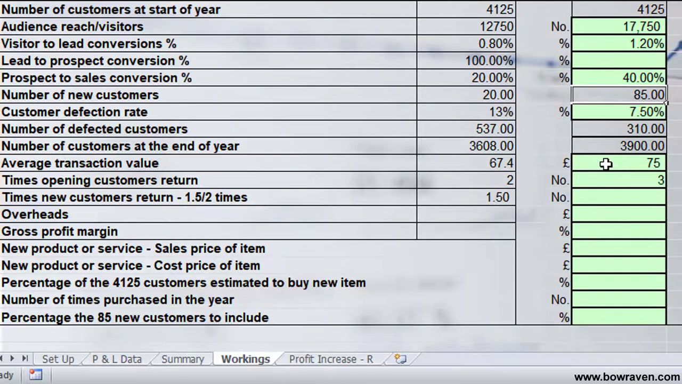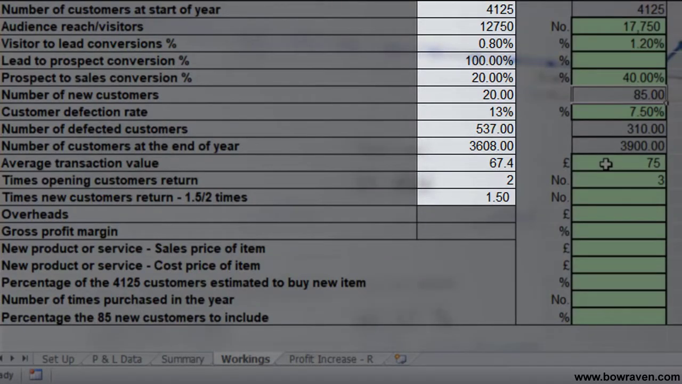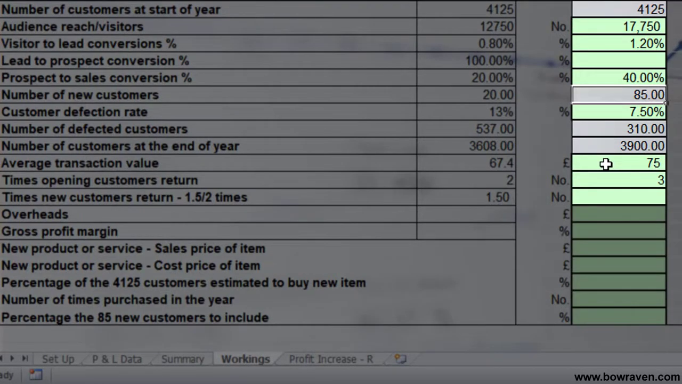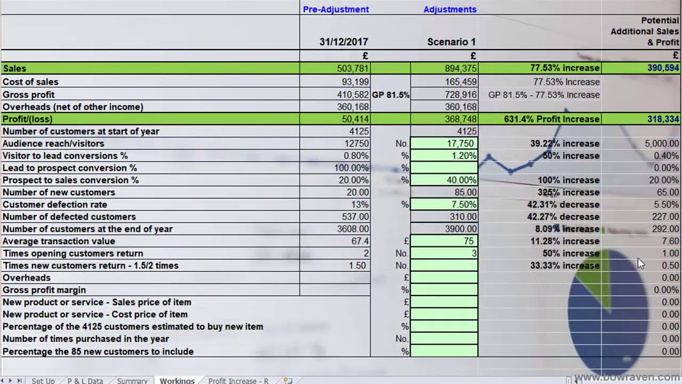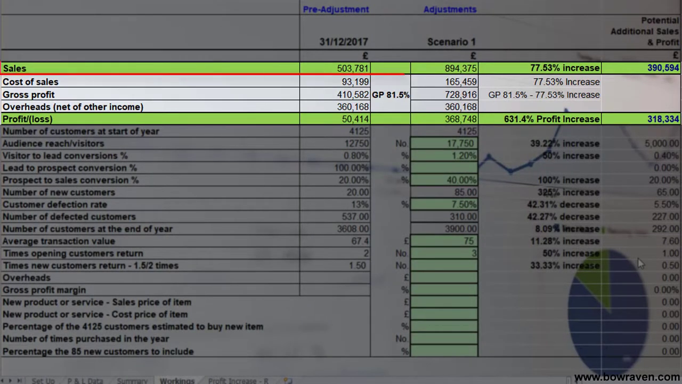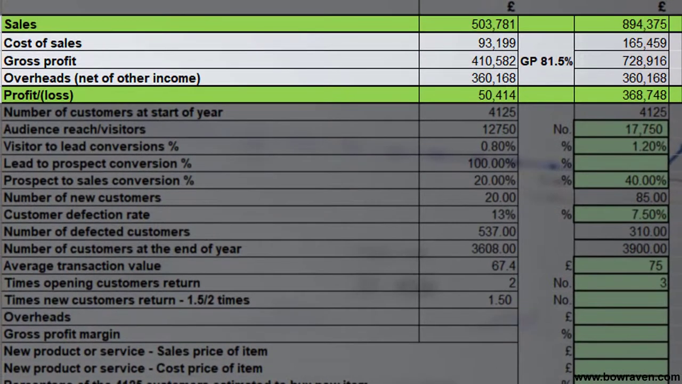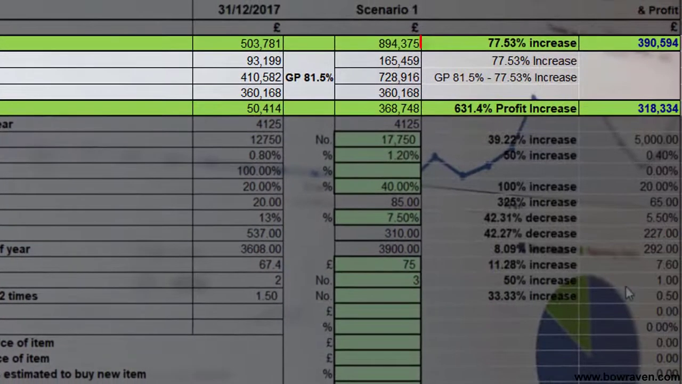So now I have two columns. I have my current inputs and I have my targeted or forecast inputs. So now I'd like to focus on the top part of the screen, and the first line relates to sales or revenues. In the left-hand column, or the current number, was 503,781. Now, based upon the targeted numbers, or the inputs that we've just changed, our turnover would end up being 894,375. Now that's an increase of 77.53%,